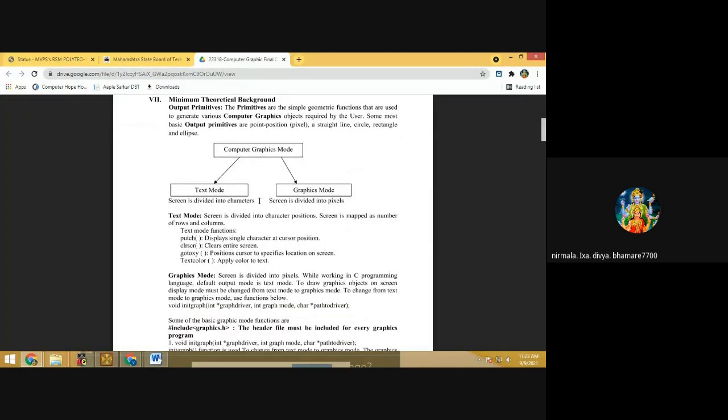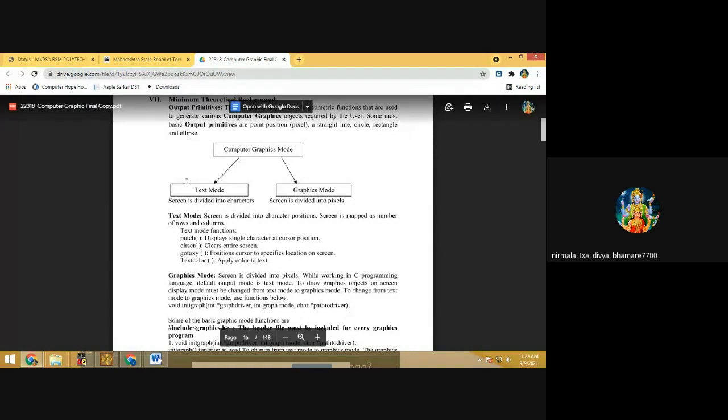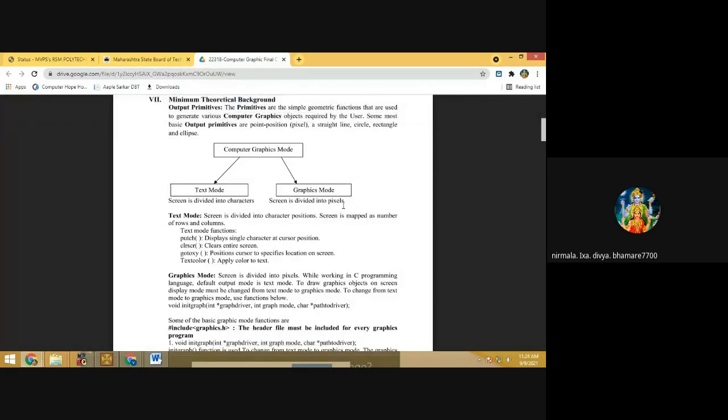Now first we will see what are the computer graphics modes. So there are two types of graphics modes. First is text mode and second is graphics mode. In text mode, the screen is divided into characters, and in graphics mode, the screen is divided into pixels. Now the computer screen is formed of small pixels.